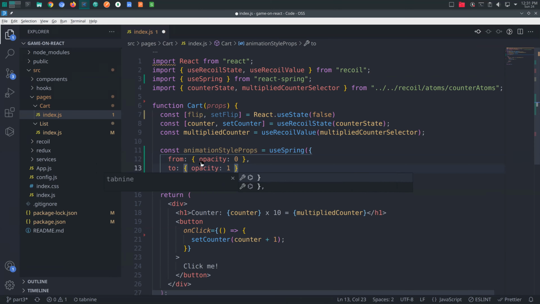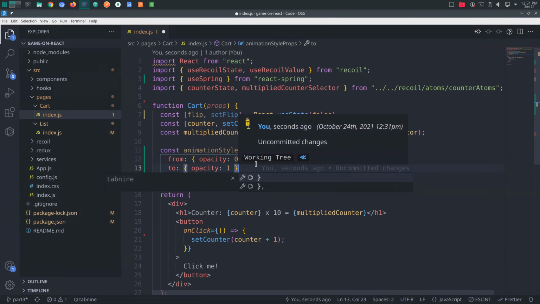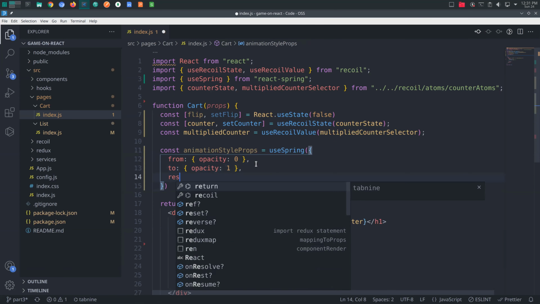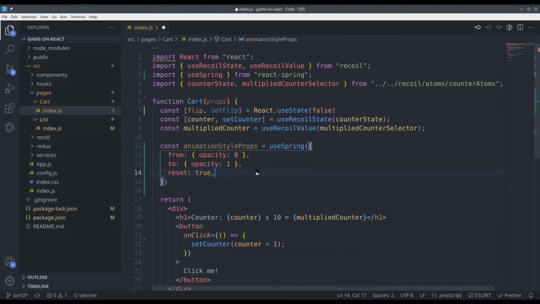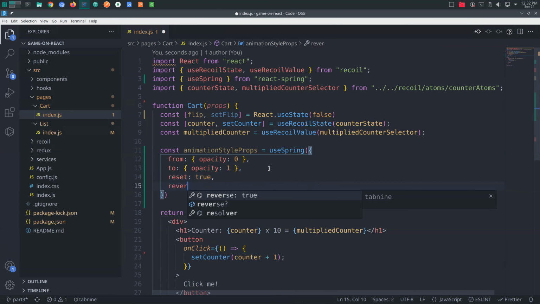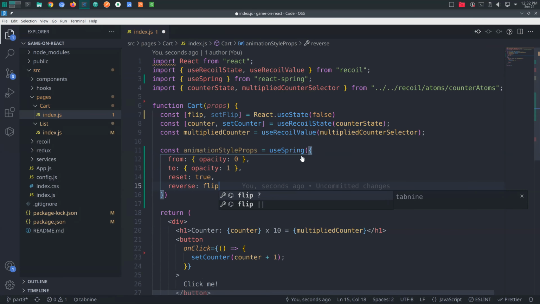And then we'll want to say if we wanted to loop. So we'll give it a reset, which is going to be true because we want it to come and go, keep doing it. And we'll give it a reverse, and say that the reverse is how it's going to go in the